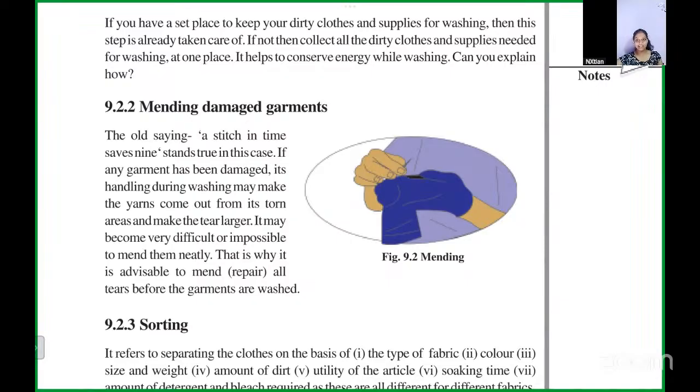Okay, makes sense. Usually, any of our garments are not torn before we wash them. But if there is any garment that is torn and you don't mend it, you don't stitch it before putting it into washing, what will happen is that when you put it in wash, the tear will become larger. The strands will loosen. It might tear up more. So you have to mend it, you have to stitch it, and then you have to put it into wash.